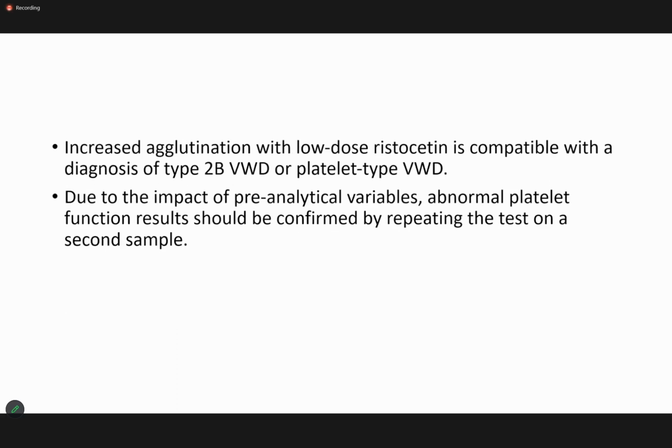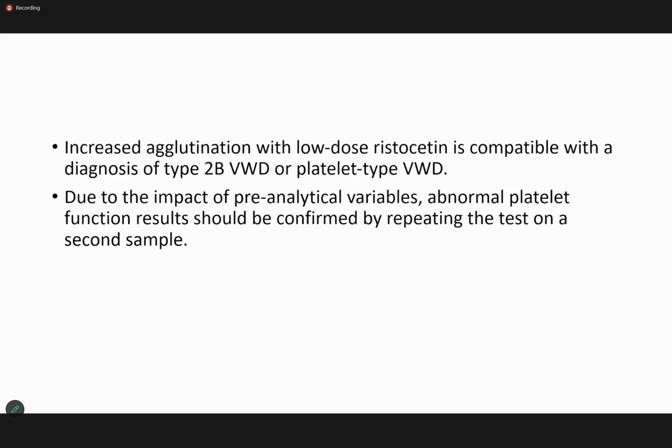When you have increased agglutination with low dose ristocetin, it is compatible with a diagnosis of type 2B von Willebrand disease or platelet-type von Willebrand disease. And due to the impact of pre-analytical variables, an abnormal platelet function result should be confirmed by repeating the test on a second sample,